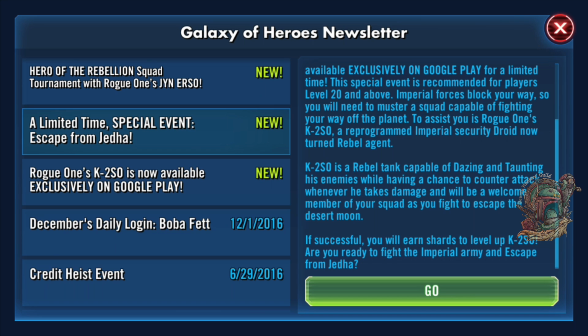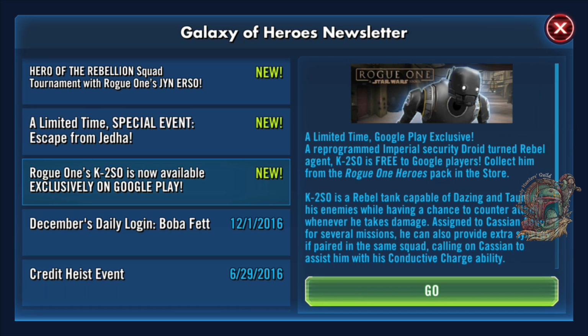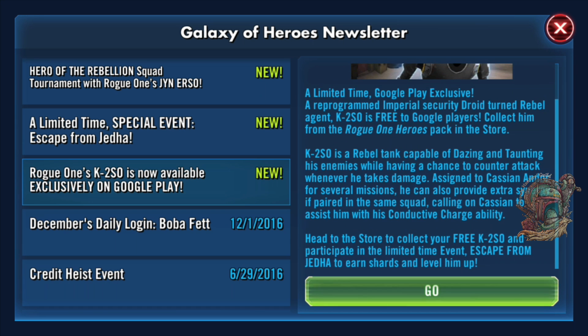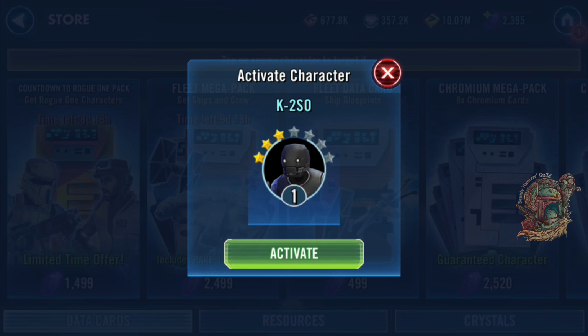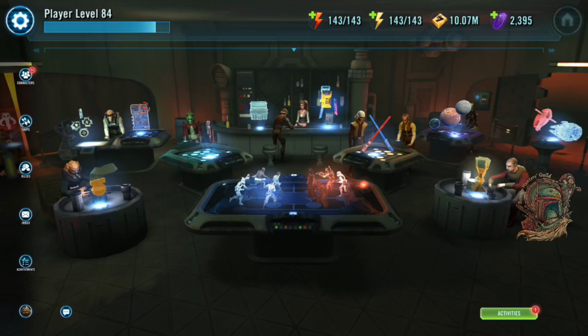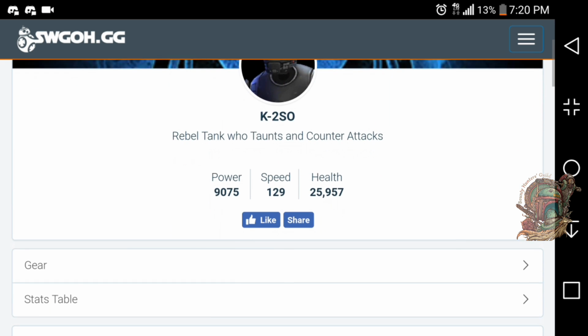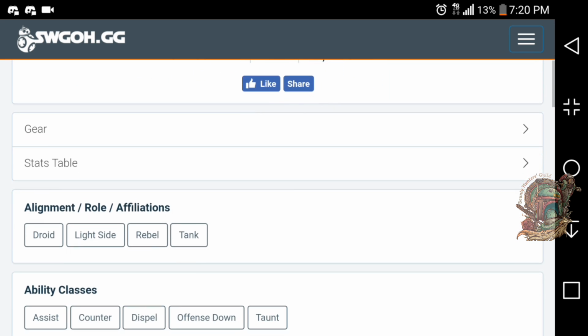So essentially, anybody playing on the Google Play account will have a K2SO event available to them. It is the Escape from Jedha event, and it will reward K2SO shards when you accomplish each of the stages. Now, I wasn't sure when I initially started whether it was repeatable or if you were only allowed to do one event, but I did pull up the Star Wars Galaxy of Heroes.gg webpage for